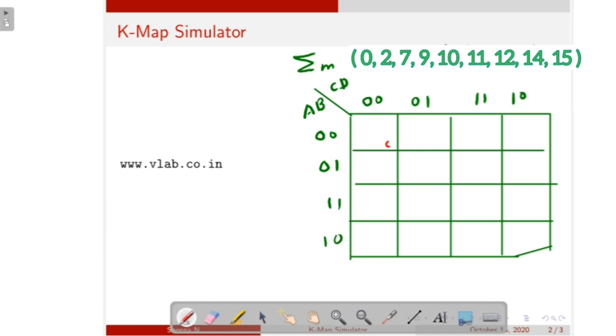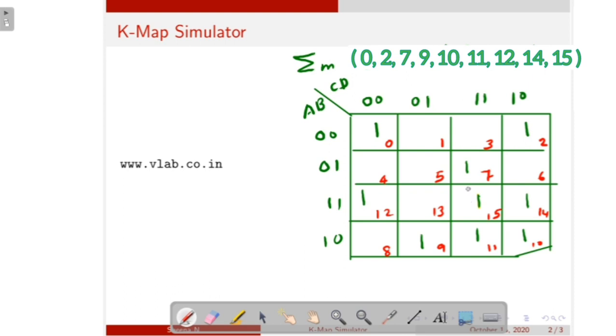Then here we have 0, 1, 2, 3, 4, 5, 6, 7, then 8, 9, 10, 11, 12, 13, 14, 15. Then mark ones in minterms 0, 2, 7, 9, 10, 11, 12, 14, 15.